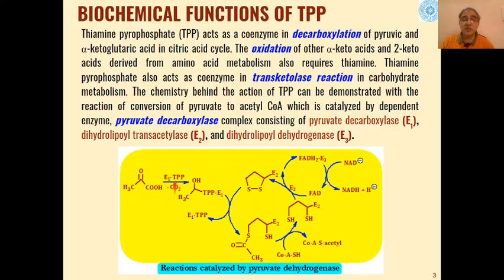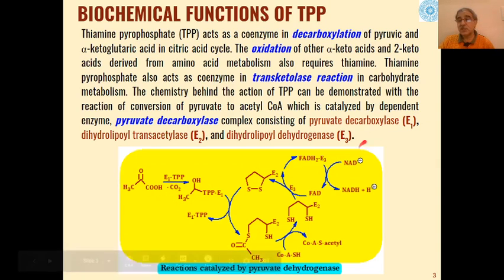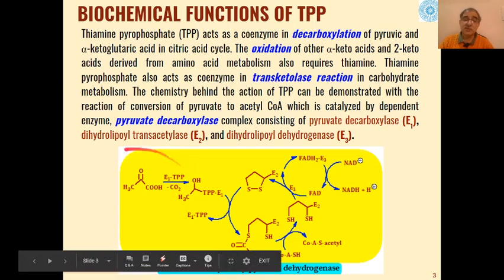So for example, if this is the keto acid used as substrate, this E1 enzyme, pyruvate decarboxylase, will be used for decarboxylation of this in the presence of thiamine pyrophosphate, that is TPP. So when this enzyme-coenzyme complex of pyruvate decarboxylase and thiamine pyrophosphate reacts with this keto acid,